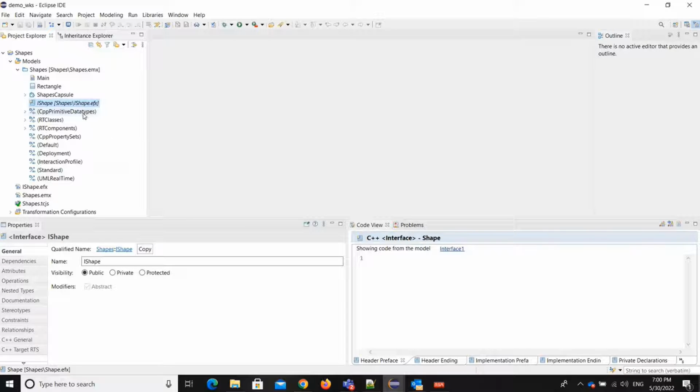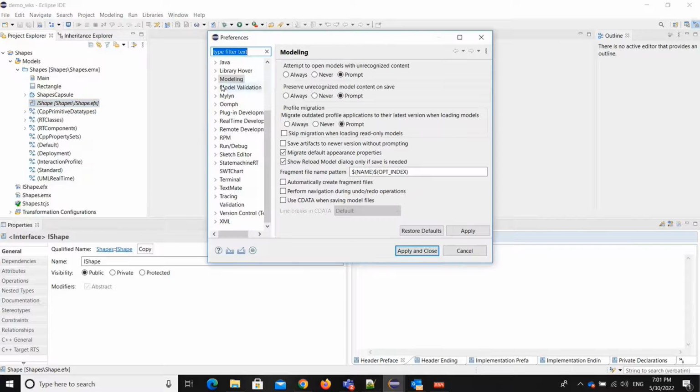You can see that it's now consistent with the model name, and the file name is also consistent with the model name. So it simplifies the process. Instead of following a couple of steps, with just one rename dialog, you can rename the model element as well as the file name. A few sprints back, we introduced this preference called